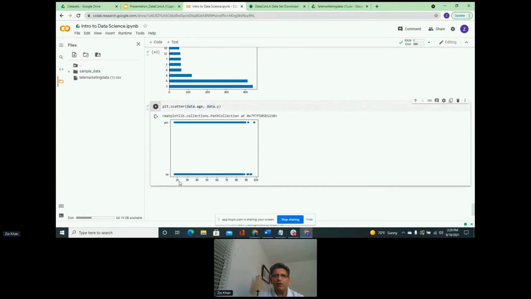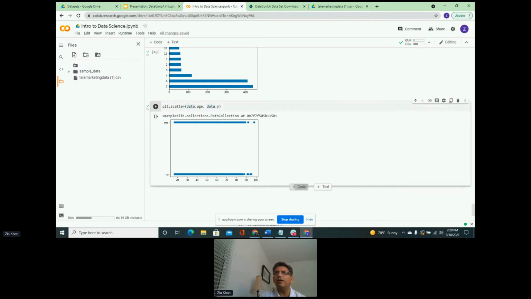And same for no. So looking at this, it is very hard to see if there is any relationship between the age of the person and if they are going to become a customer of ours or not. Similarly, you can build other graphs to get an idea of if there is a relationship between that feature and the target.